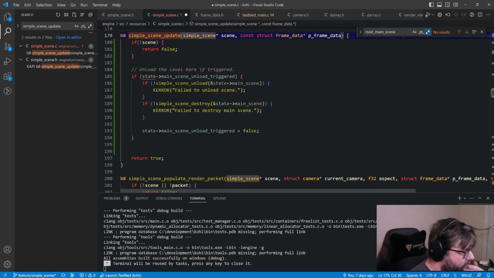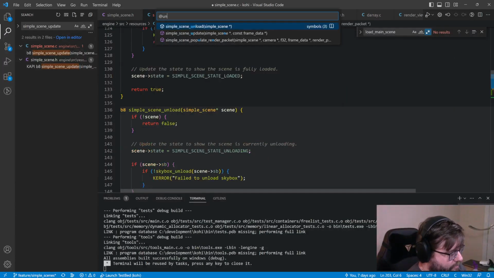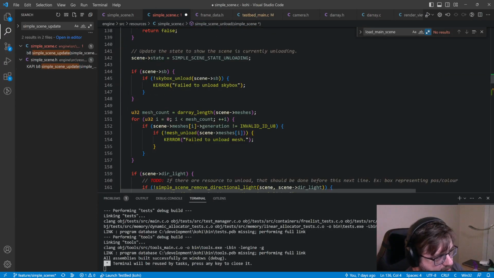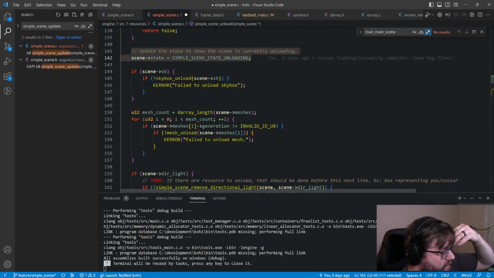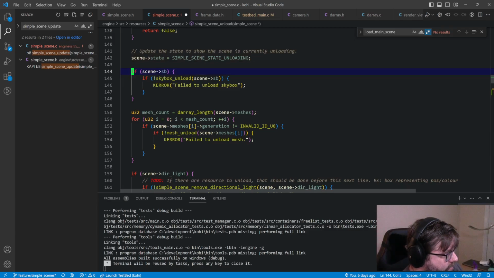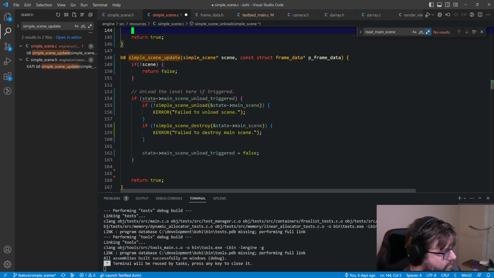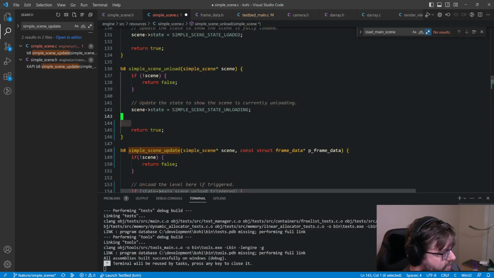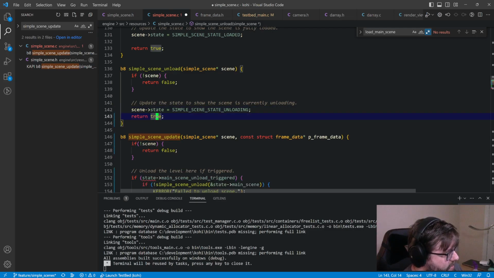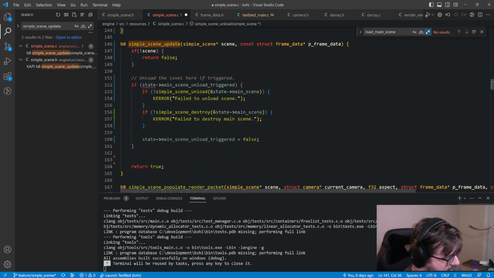So yeah, let's do that. We already kind of have it scaffolded in place. Instead of adding a new state, the first thing we do in here is set the state to unloading, right? And then we actually perform the unload. So instead of actually performing the unload here, we're just going to allow this to return true. And this unloading logic is actually going to be called by our update, right? So